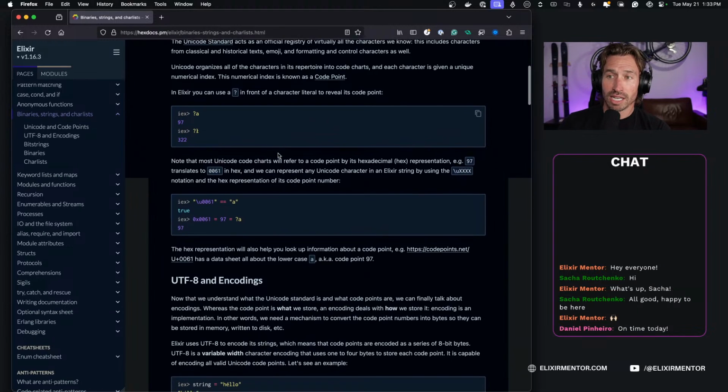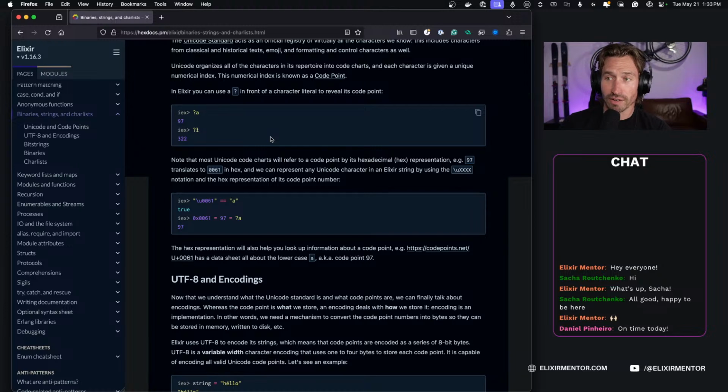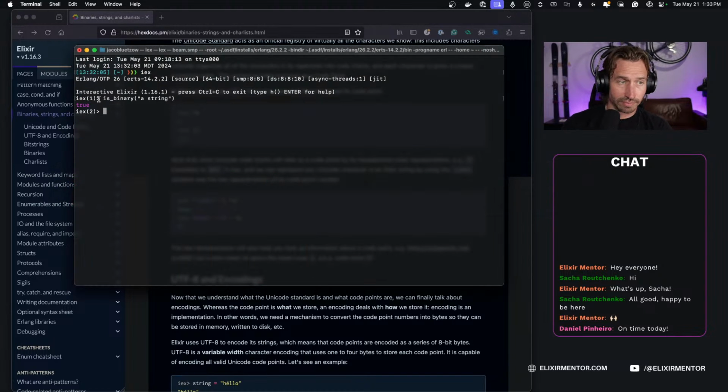In Elixir, you can use the question mark in front of a character literal to reveal its code point. So if we pull up our terminal here,